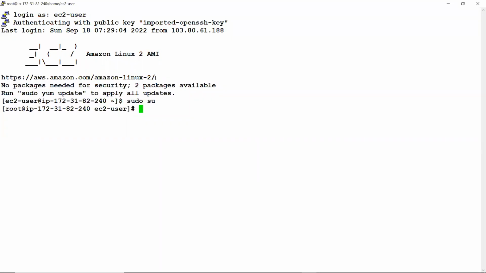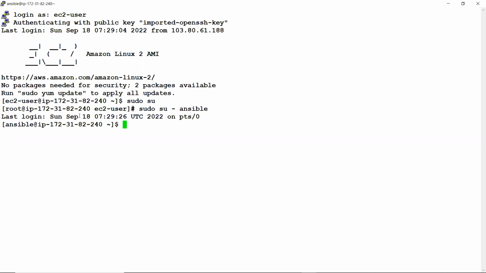Okay. And yesterday we also created an Ansible user just to make things very separate so that we don't have to use root every time. So it's better to use the Ansible user. We created the Ansible user on all the three servers. So I log in as the Ansible user, sudo su